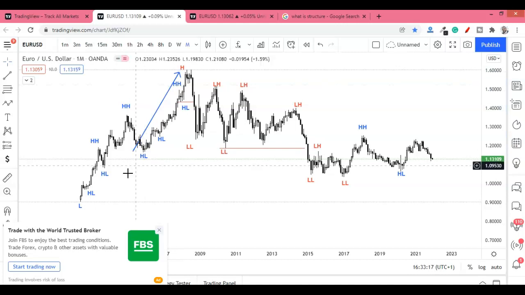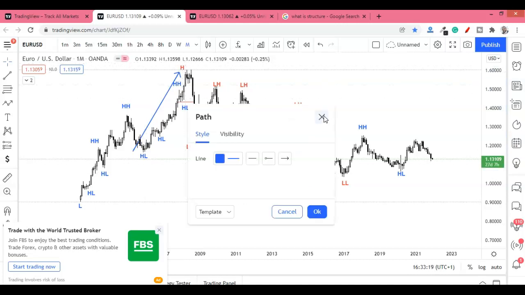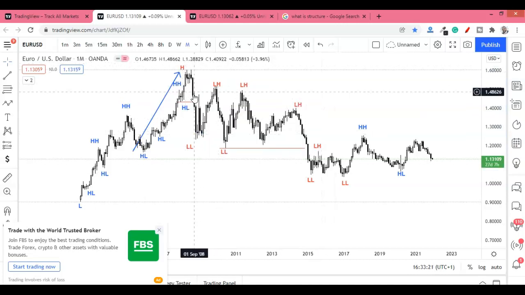Okay, this is the last bullish move. Now, all we are having right here are simply minor break of structures. Minor break within this monthly time frame, because it has not broken the main impulse leg. The main impulse leg hasn't been broken.